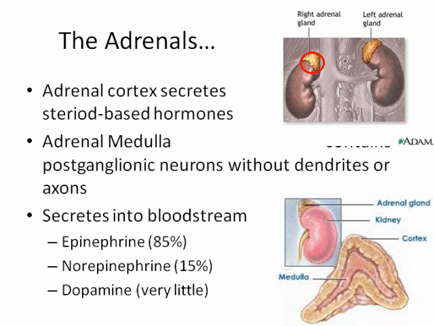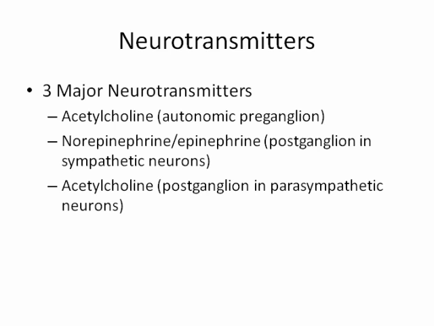But their root, if you would, or their basis goes back to the autonomic nervous system, and specifically the sympathetic nervous system. Now, I want to make sure that we have a little bit more clarity on these neurotransmitters that are present within both the sympathetic and the parasympathetic nervous system. All right, remember, norepinephrine and epinephrine are primarily sympathetic neurons, and I have that right here. Okay, so these guys here are primarily sympathetic neurons. Parasympathetically speaking, we have acetylcholine. And so acetylcholine is the primary parasympathetic